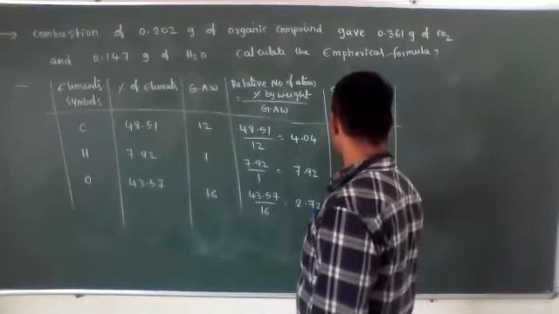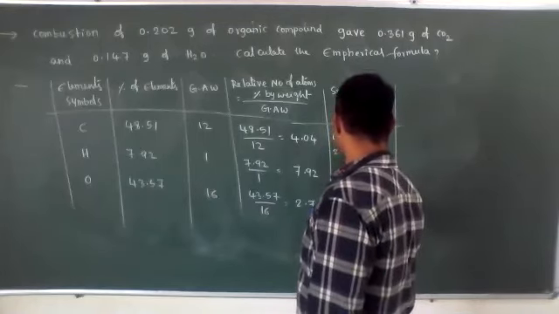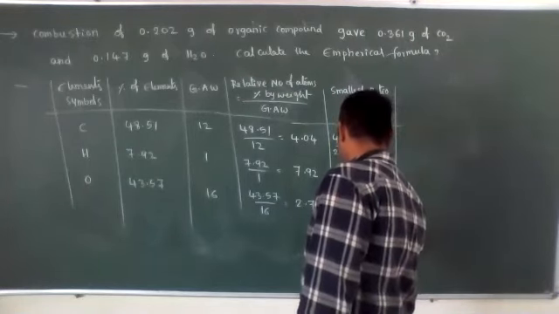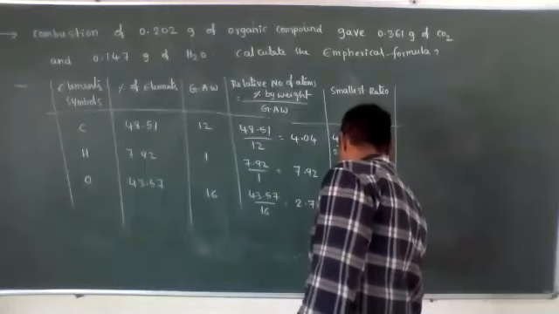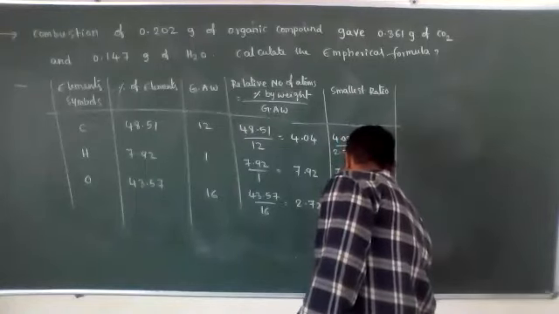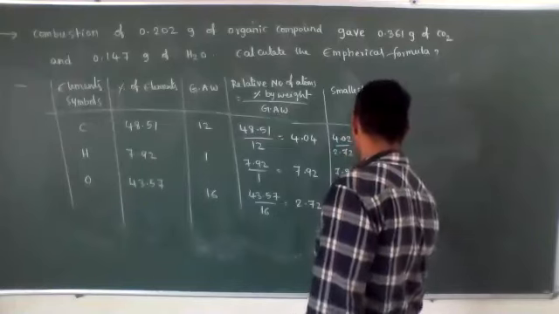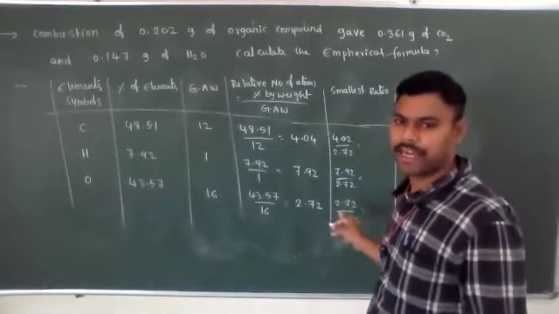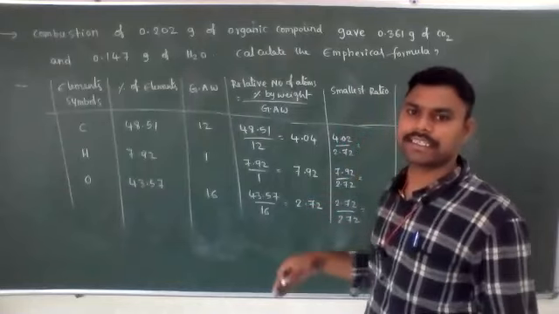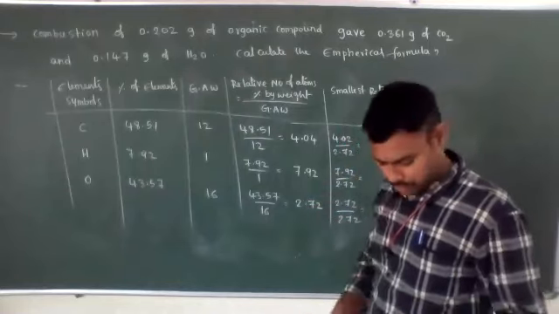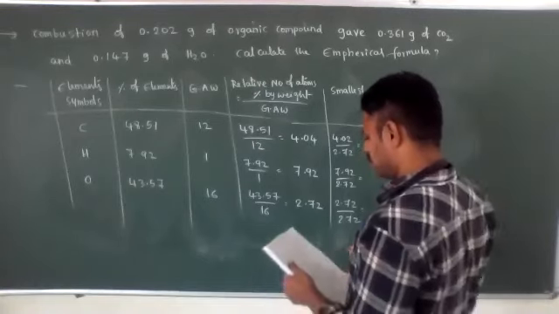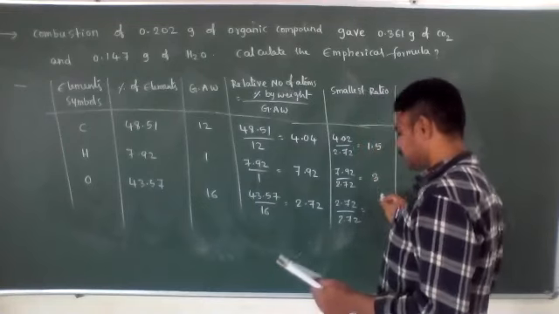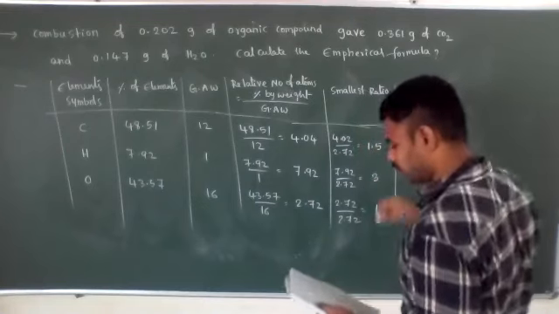Means 4.02 by 2.72, 7.92 by 2.72 and 2.72 by 2.72. Then simplify; if it is smallest whole numbers, then no problem. Any fractional values we will multiply by the nearest integer value, either just 2. Then we will get 1.5, 3, 1. Now